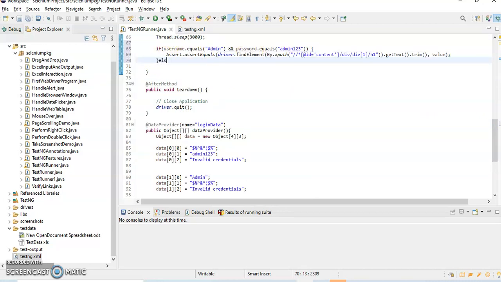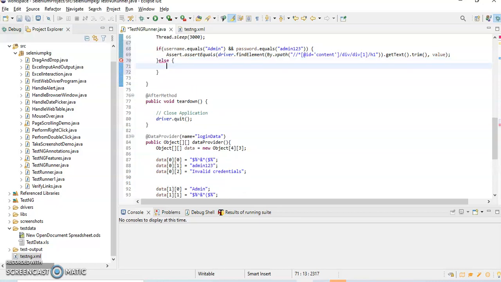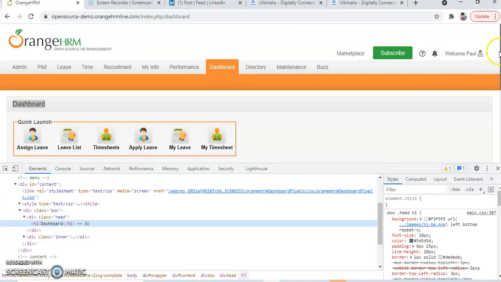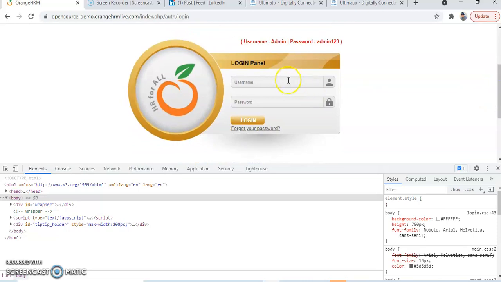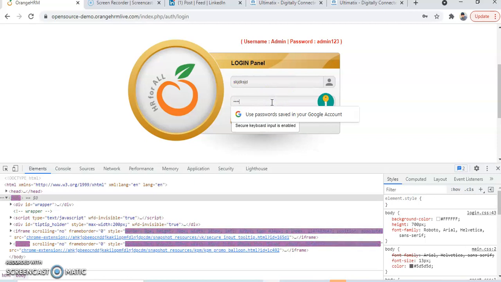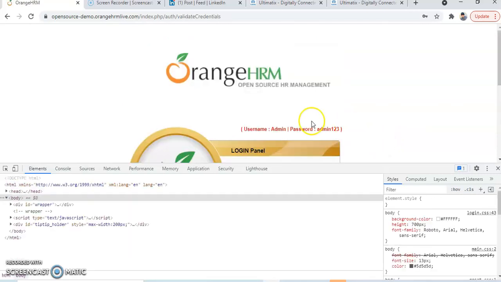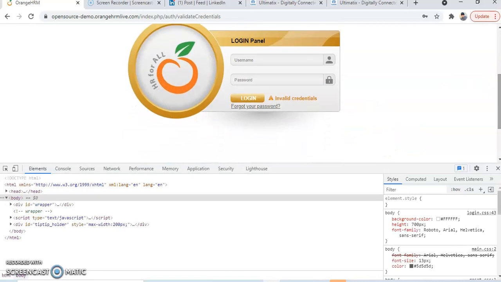Else, what I have to do is, so if I go to this application and I log out, okay, so if you pass anything invalid, it is going to give you this invalid credentials error message.